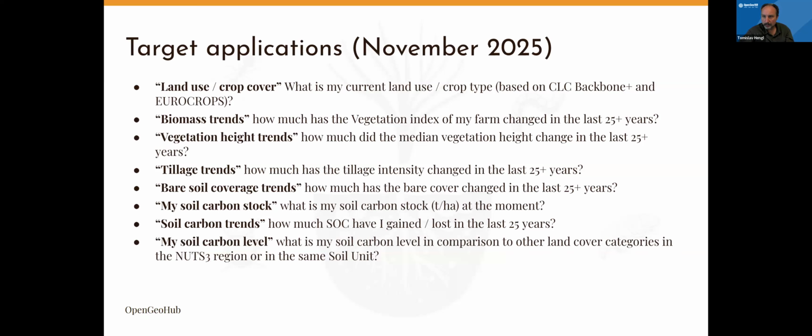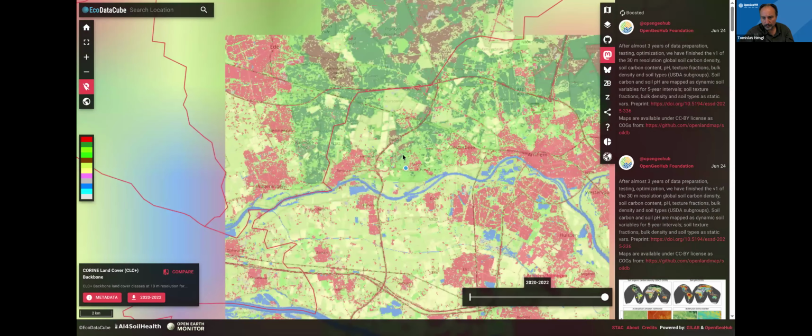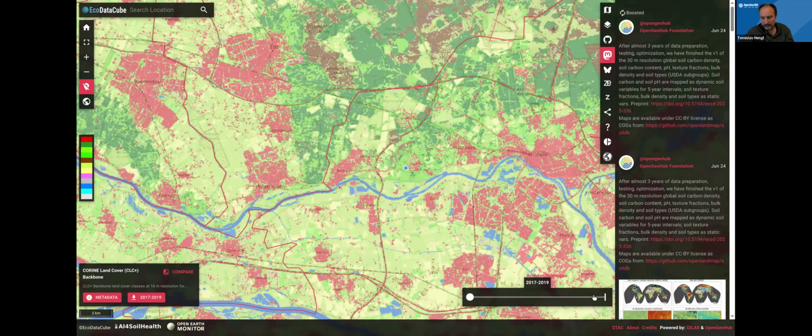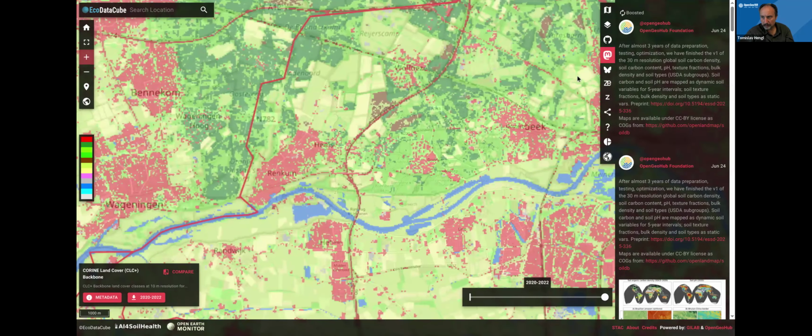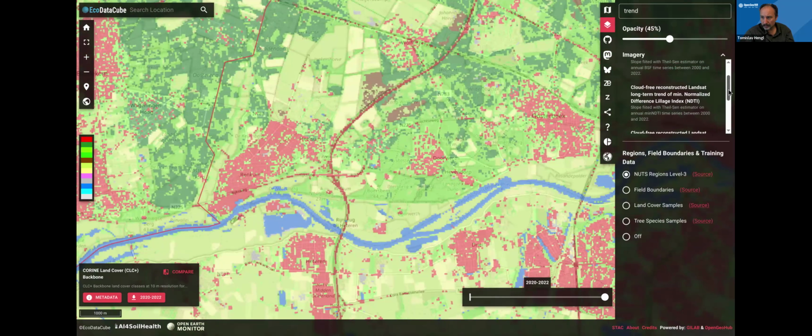I could also switch to the real app. So if I now zoom in to an area, you can see this data cube. Usually we start by looking at the land cover. We have a 10-meter resolution land cover dataset now for Europe. There's just a newer version coming up, and you can see I can switch to different layers. So let's see the trend layer. I can look at the trend in the NDVI or NWI, the water index, or I can look at the bare fraction index. Let me just look at the NDVI.